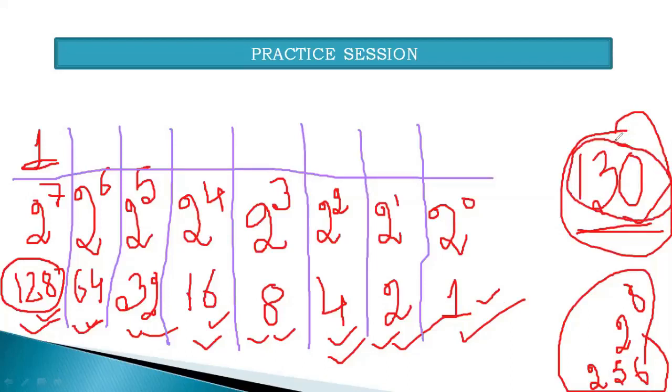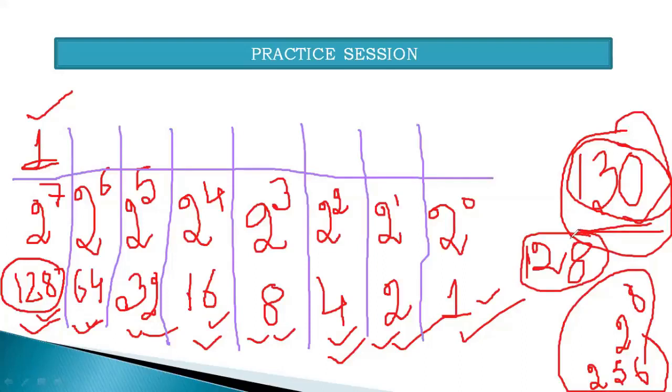So how to give someone 130 rupees when you are having 8 coins and these are the denominations of the coins? According to my concept, first I will take the biggest one, and the biggest one is 128. So I have collected the coin of 128. Now out of 130, I have collected 128. Now, how many rupees are required?